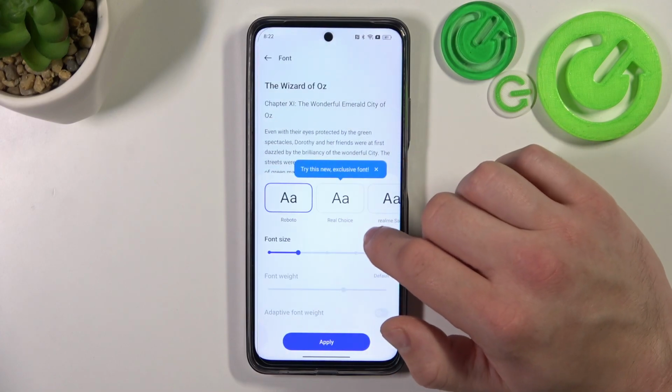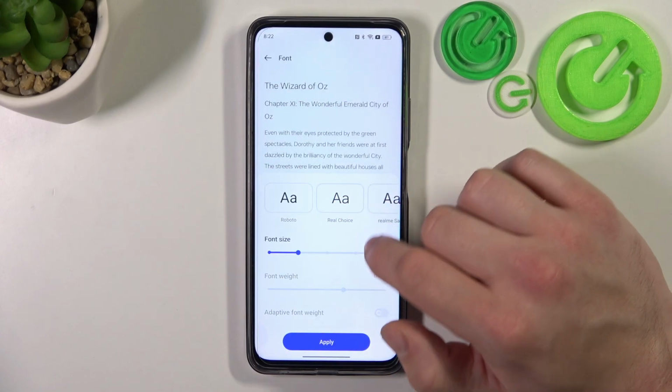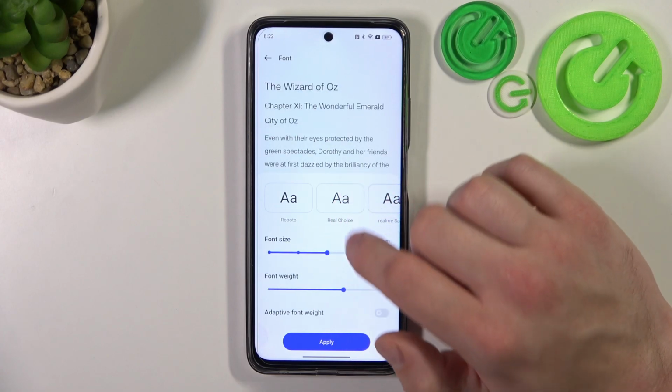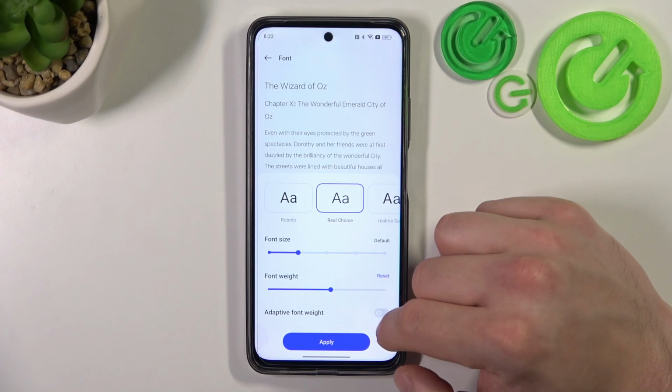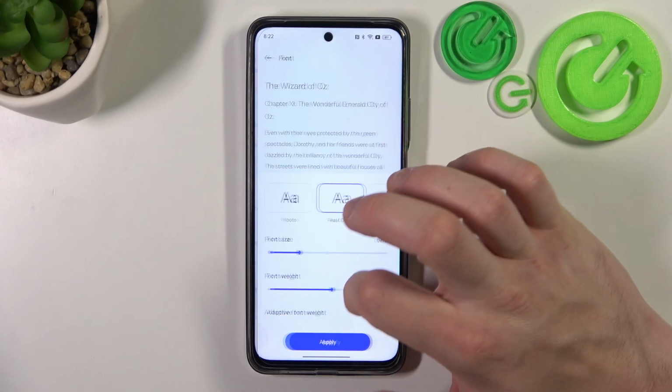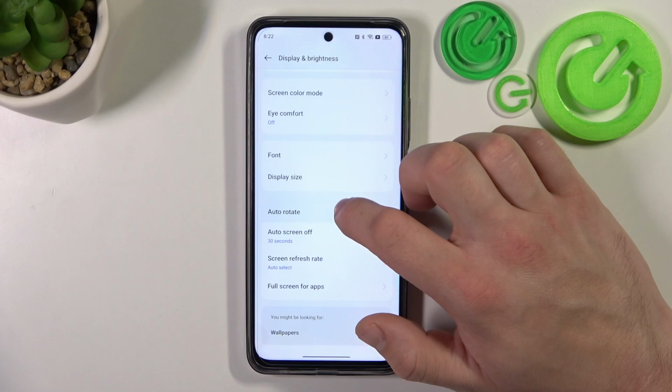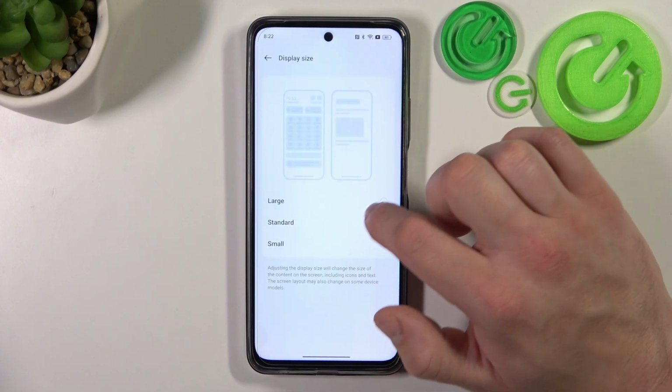Then we can change font size, font weight, and enable or disable adaptive font weight. Then we can change display size,